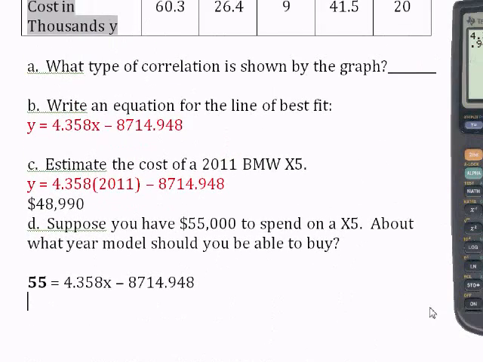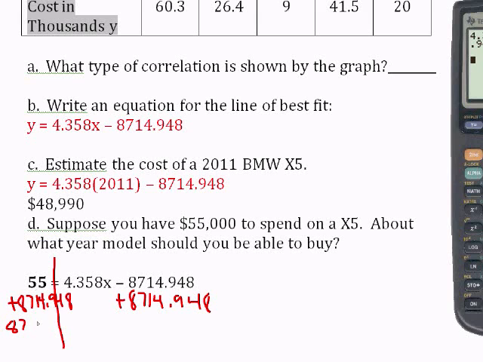So to solve the equation, I'm going to add... and this is where it gets a little ugly, where you're definitely going to want to use your calculator. I'm going to add 8,714.948 to both sides, plus 8714.948, and that's going to give us